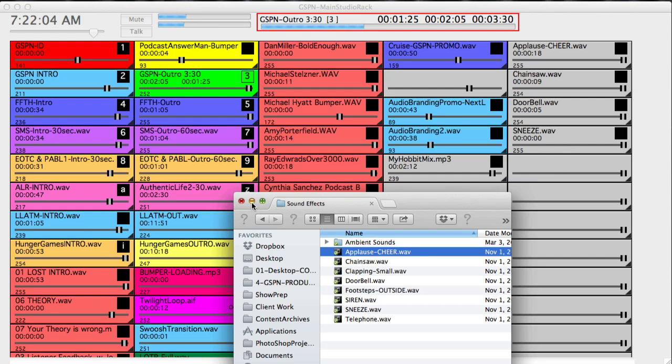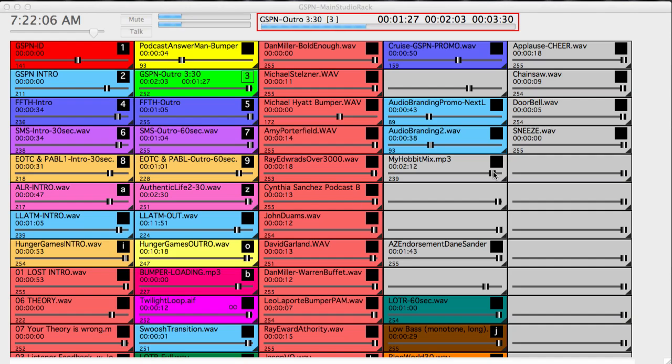All right, so we've got all of those items that are now on the board. And what I want to do is show you a couple different options here. First of all, let's queue up and let's get this audio to, oh, by the way, I didn't tell you about this slider over here. This slider right up here is what we call the overall volume. This will actually control the volume of your entire computer, whereas each of these sliders control the volume of